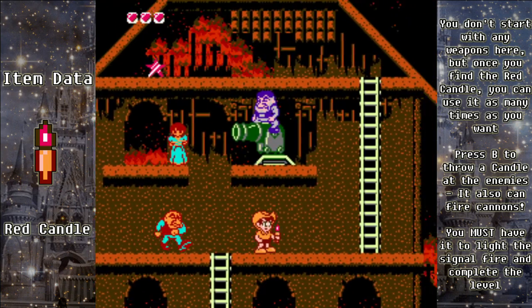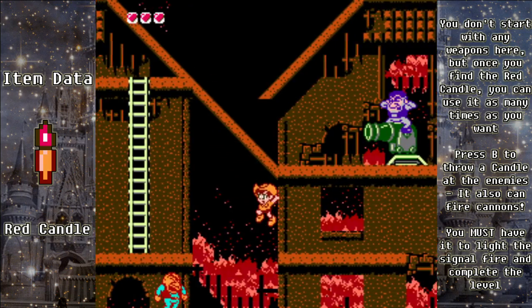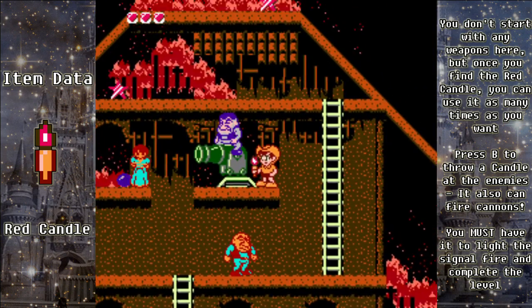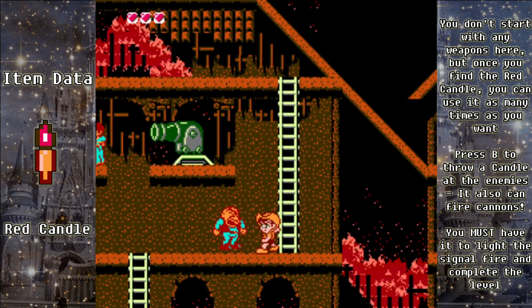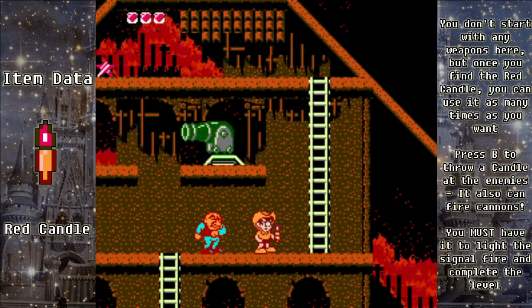You don't have a limit on how many times you could use it in this level, so make sure to save this damsel in distress on the right, that's the 4th one, and then you'll want to climb back up the ladder and take out this guy on top of the cannon. A cool thing you can do is with the candle you can actually make the cannon fire, pretty neat. And if you come down here we can just jump up and grab the 5th damsel in distress, so there's